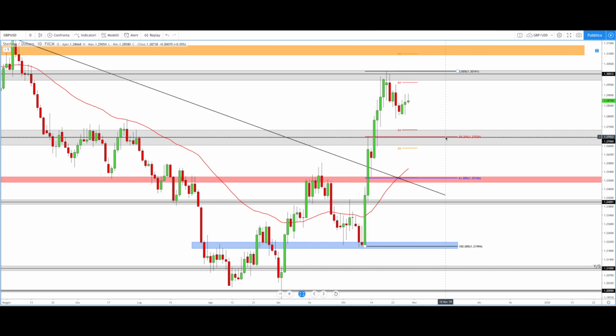So for now, I prefer not to place any order around 1.27, because if the price starts a deeper correction, I will look carefully at the price action here, because a clear reaction could bring the price to a new bullish movement. But personally, I expect a retest of 1.25 because we have a very good Fibonacci retracement in this area. This level here